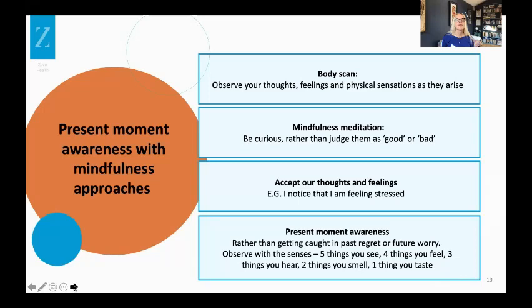And now we take 3 full body breaths as though you are breathing in from the top of your head, taking that breath all the way down to your feet. So 3 deep breaths in, full body breaths, and releasing fully on the out breath. And then gently moving your fingers and your toes and opening your eyes, coming back into where you are